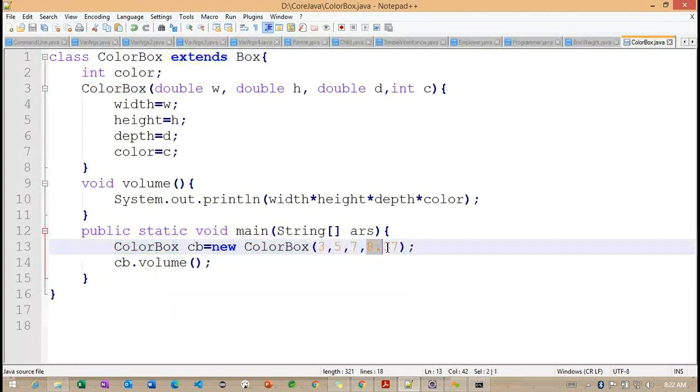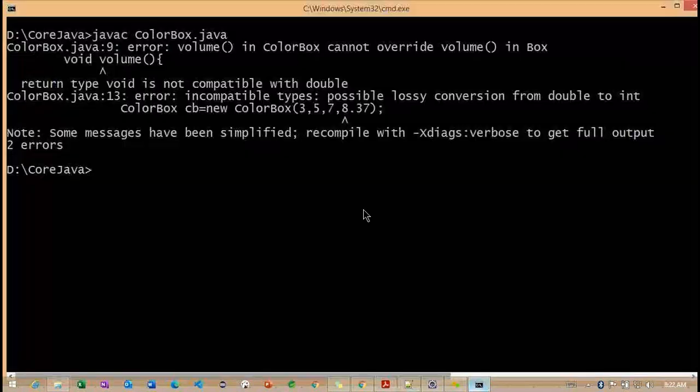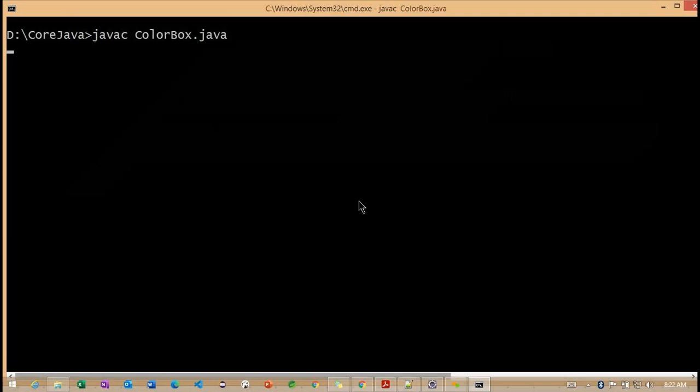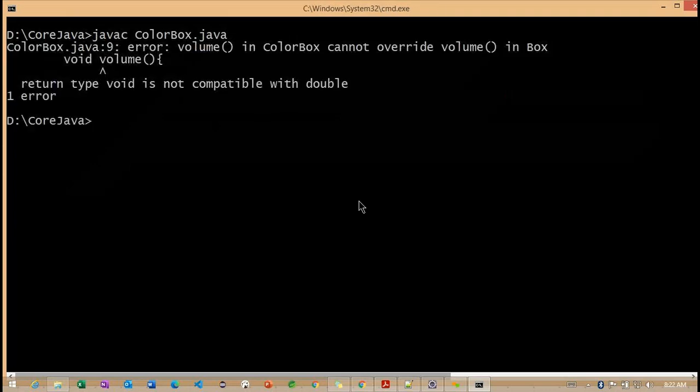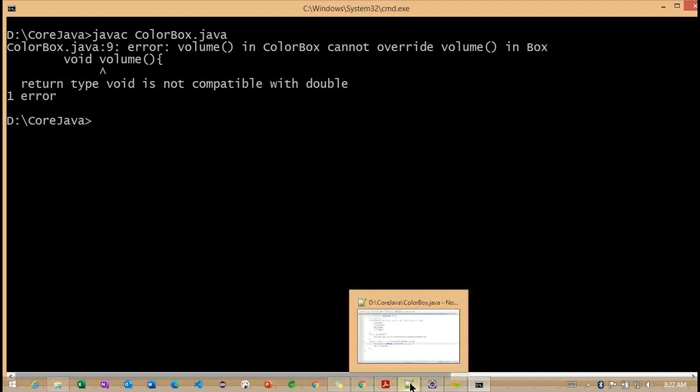Sorry, 2 errors. Here we need to specify the int here. What happened here? In the color box, it cannot override the volume. Okay. d. Right. Mention d on top. Like we have to do typecast, right? We are using int. We have given that as double, but we are using integer.